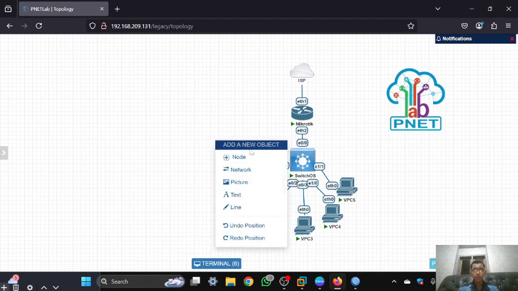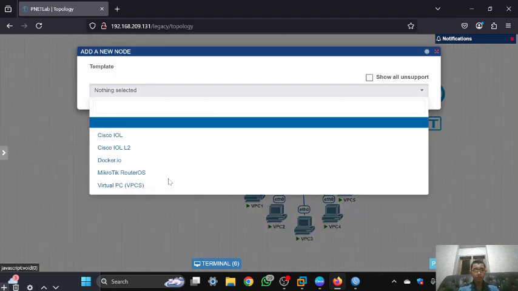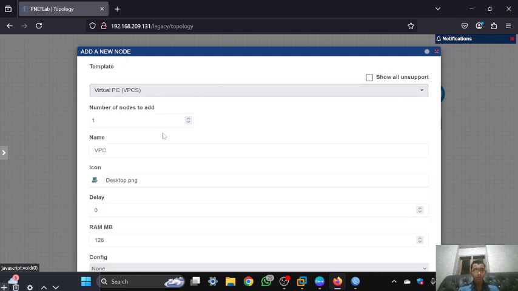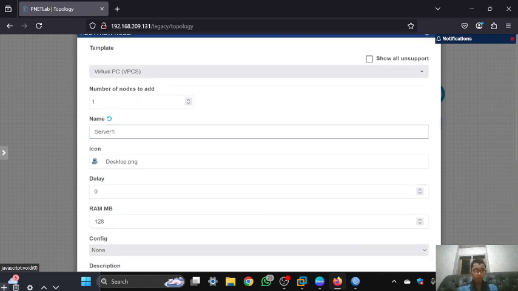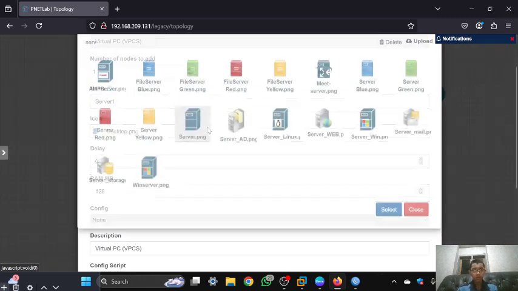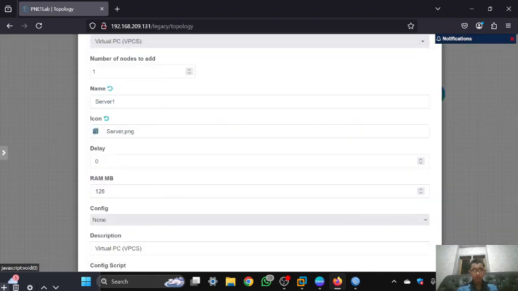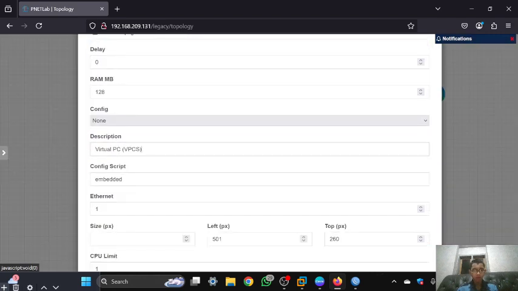Right click, click add node, and I will use the virtual PC, and you can change the name to server, and the icon, and the description too.